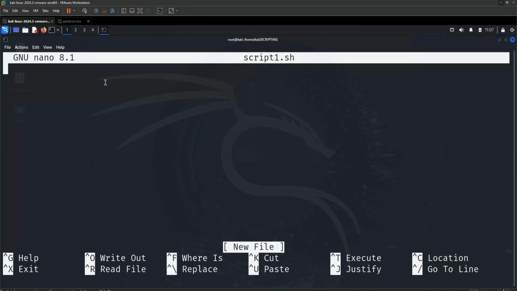Yes, it will check for duplication also. If there is a file with the same name, it will open it for editing. It will not create a new one, right? Now the thing is that when you start your script, every script starts with hash, bang, slash bin slash